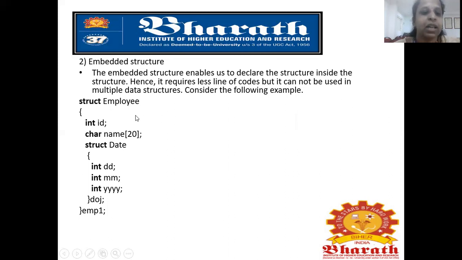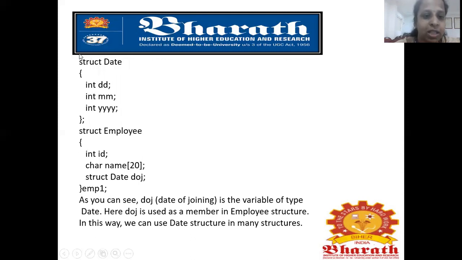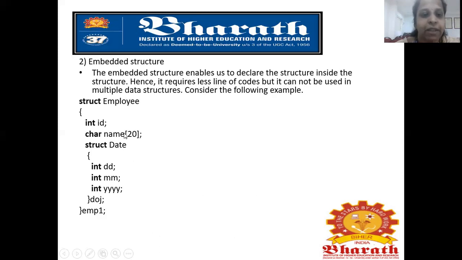An example is, suppose I'm going to store the details of the employee: ID, name, date, and date of birth. Everything is stored in a single thing. That is, everything is grouped into a single thing. So that is called an embedded structure. We can see this by the below example. The above example was by using a separate structure, with a separate structure for date and the employee. But in this, we have grouped everything in a single thing. So this is the way by which embedded structure is done in nesting of structures.